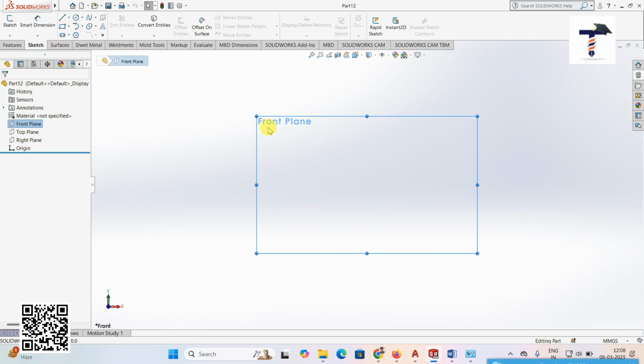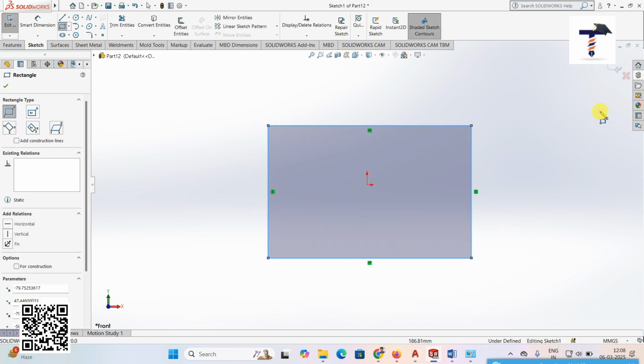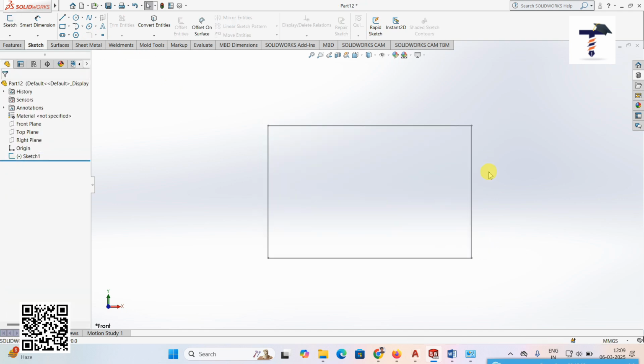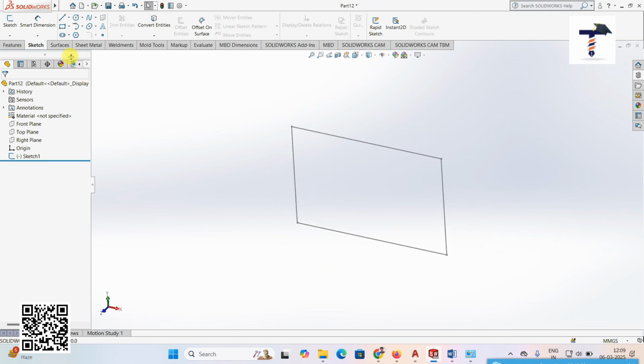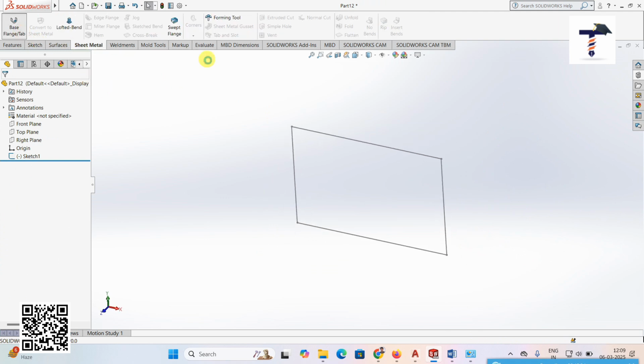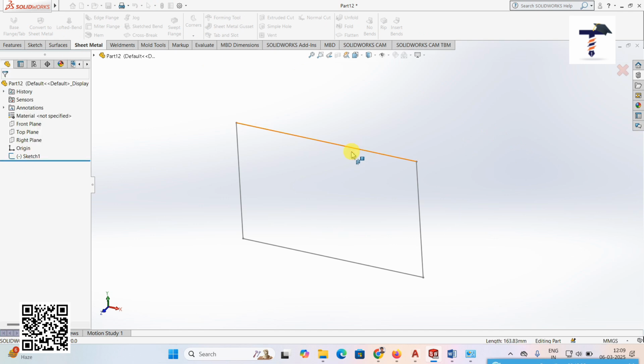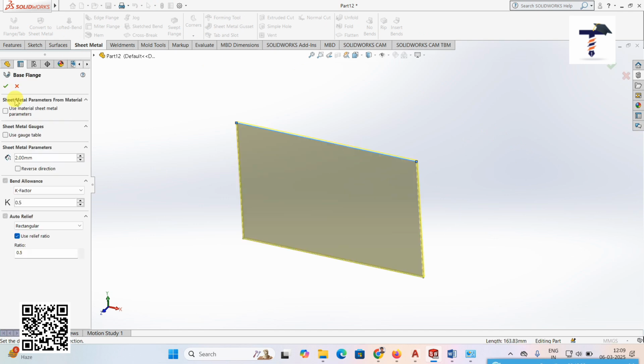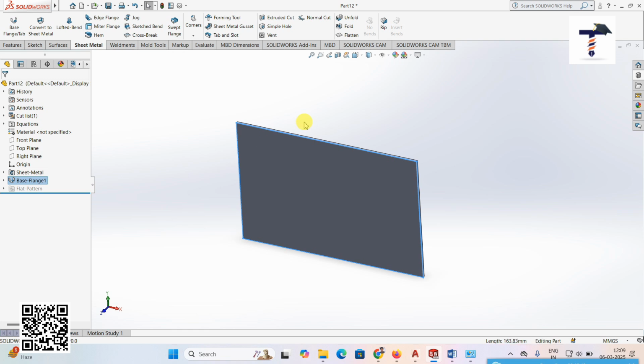Suppose we create one rectangle here and then exit. Next one is sheet metal and base flange. Suppose select this one, so that is the 2 millimeter, and write it. Okay,